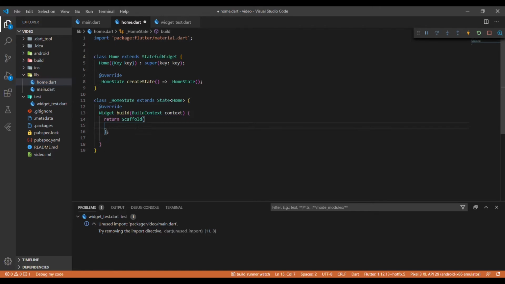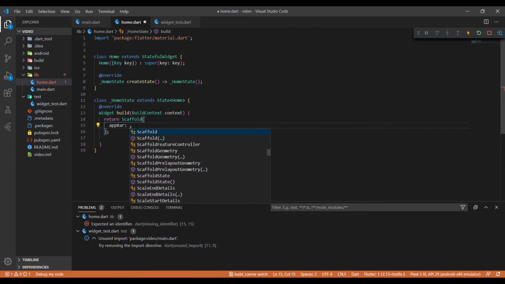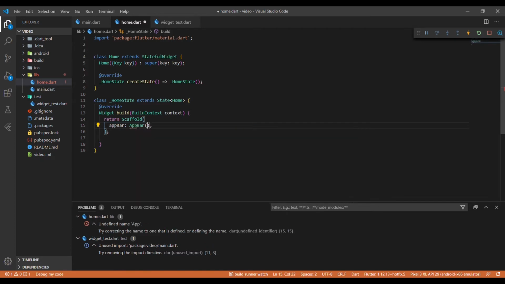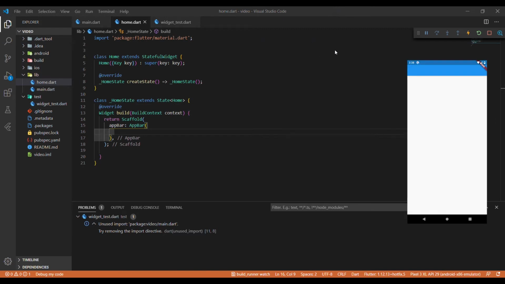If you need a lot of material app functionalities in your app, you need to use scaffold. Inside the scaffold we can call something known as appBar, and this takes another function known as AppBar. Just by these two steps, if I sync it to my application, you will be able to see that an app bar has arrived on the application.